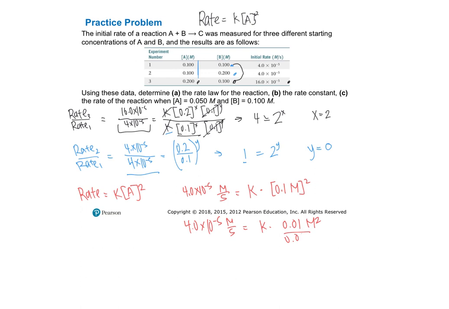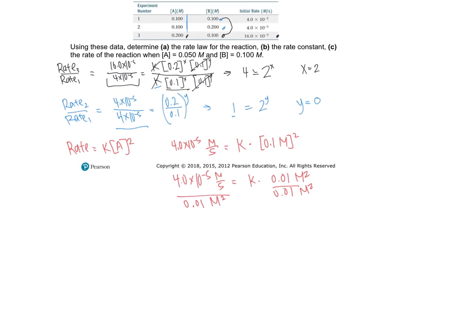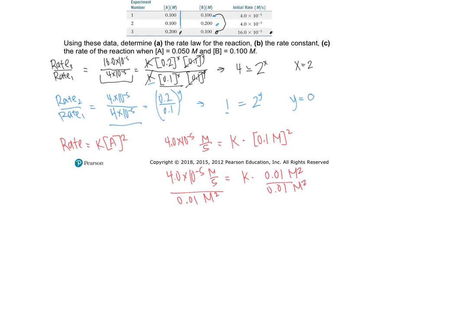I'm going to divide by 0.01 molar squared. And I get my K value equals 4.0 times 10 to the negative 3 inverse. So my molar on top is going to cancel out one of these,